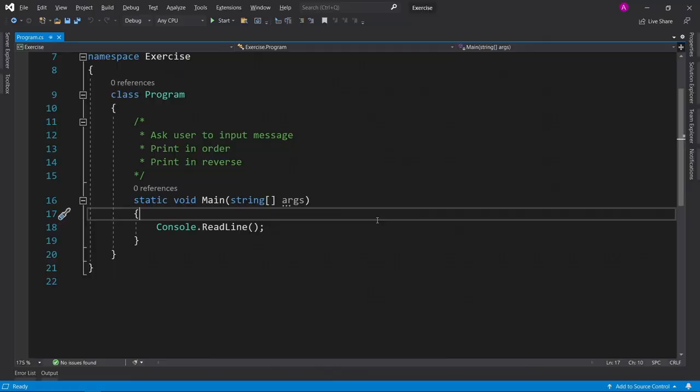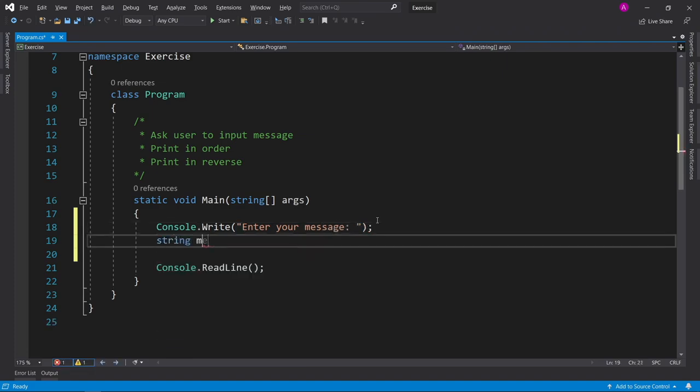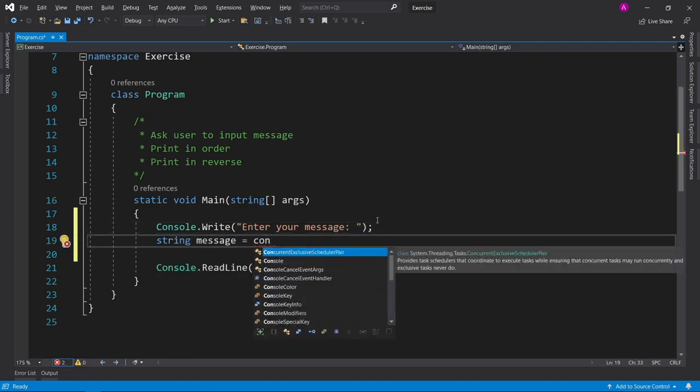So in this exercise, I want you to ask the user to input any message, and then I want you to print the message in order, character by character, and then also print it in reverse, character by character. Let's get started. So we could just have a Console.WriteLine, but let's change it to a Write and just say "Enter your message: ", and then just have a string message equals